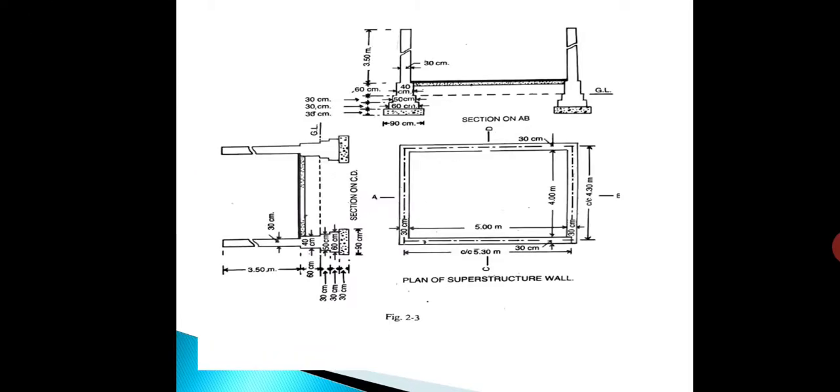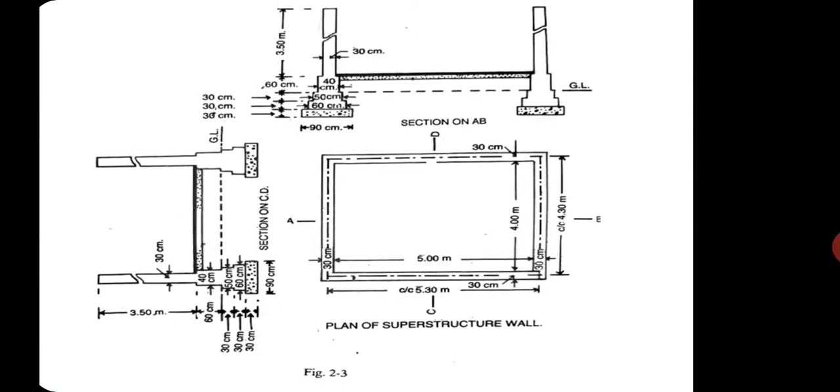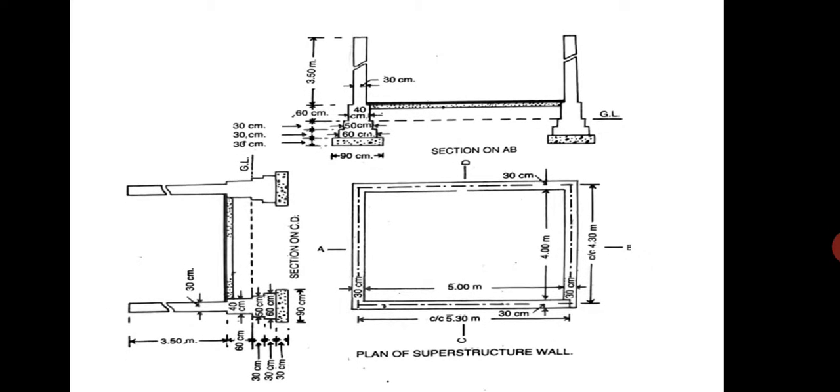So this is the plan and sectional elevation of the single room building, and all of you must be acquainted with this drawing. So there is no need to explain the plan and sectional elevation again. So as per the center line method, the first step is calculation of total center to center line length of the building.